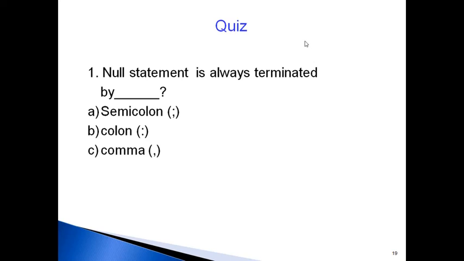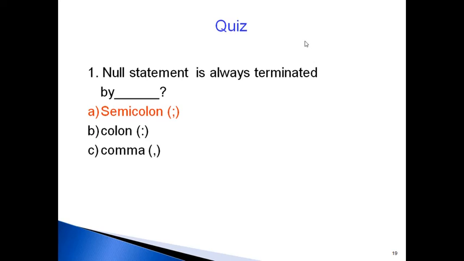Which one is correct? Semicolon is the correct answer.